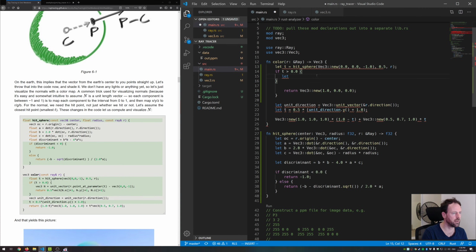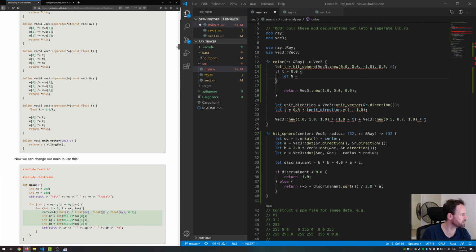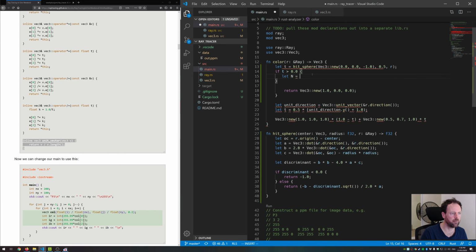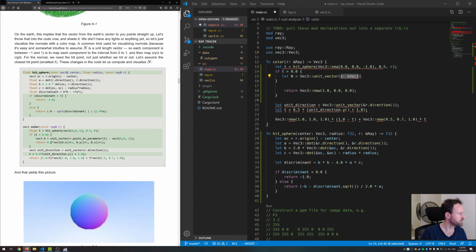We need let n equal, it's a vector anyway, so let's do, we haven't got a unit vector. What's unit vector? All right, so we're filling out our vec class based on the functions we need. So do we have unit vector? We did. Okay, cool. So we've got that. So it's vec3 unit vector, which will then be,